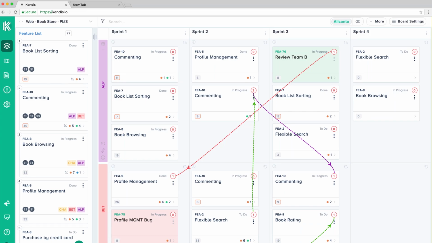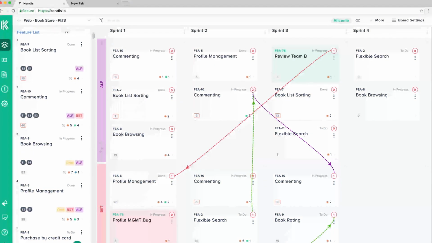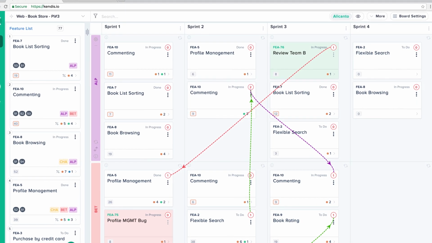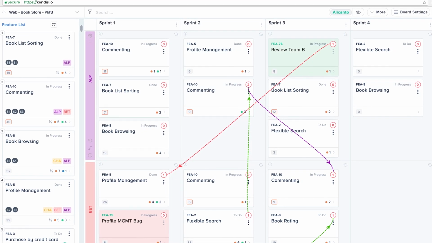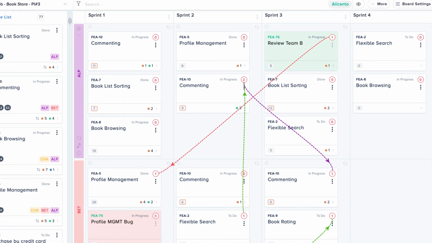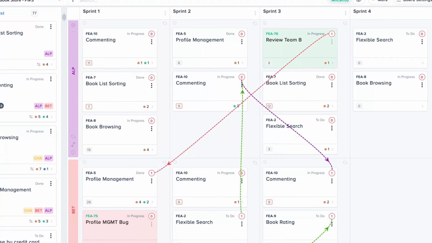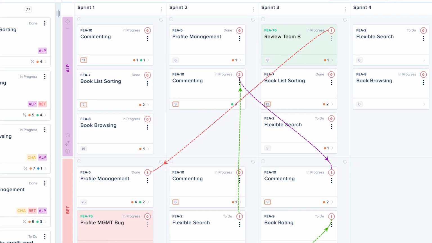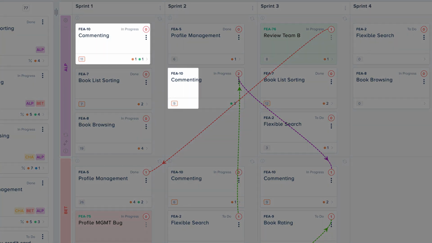Now let's look at Griffin mode. When a feature is planned by multiple teams, meaning the feature has stories in multiple team sprints, it can be hard to understand when a particular team will be finished with the implementation of a feature. Let's say Feature 10 is planned in Sprint 1 and 2 by Team Alpha and in Sprint 2 and